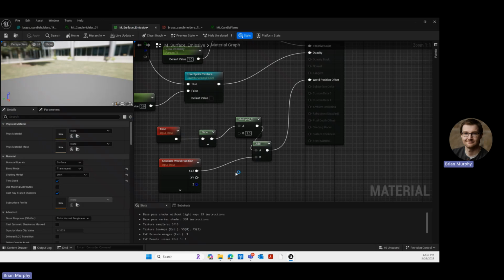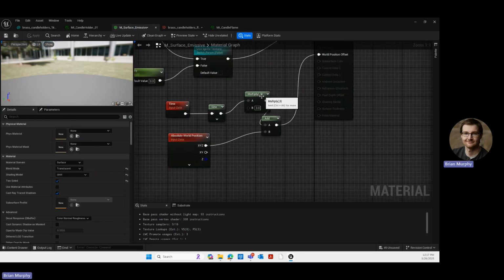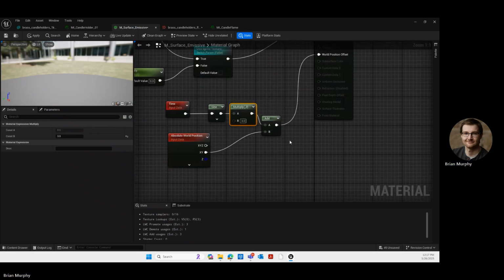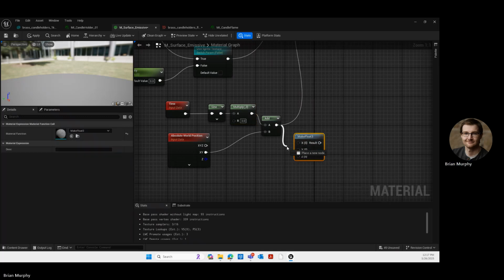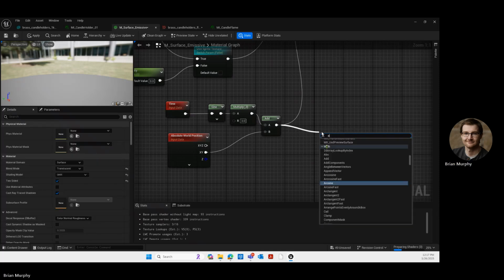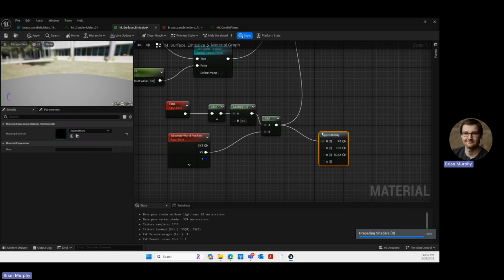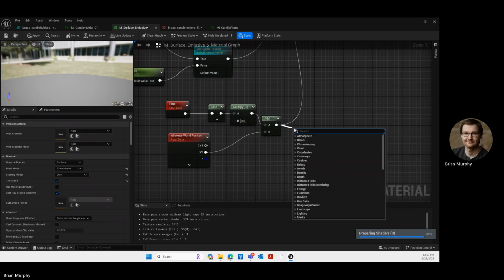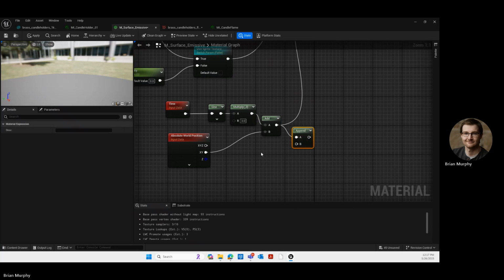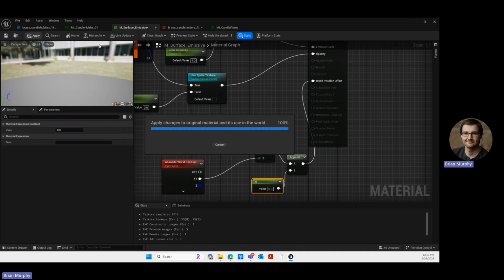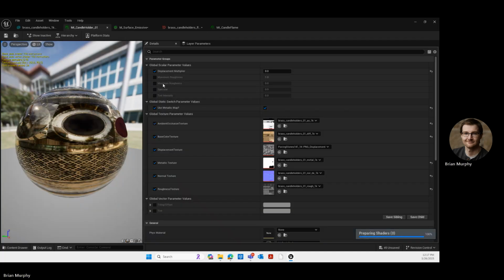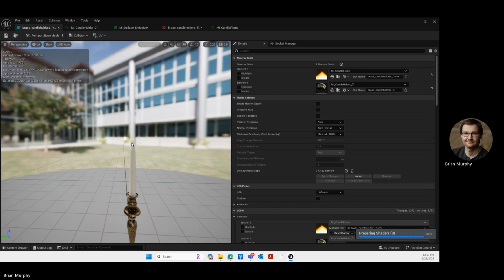I would need to do a little bit more. X, Y. Make float 3. So I only move it. End vector. I don't want it to move up and down. I only want it to move side to side. And getting better, but